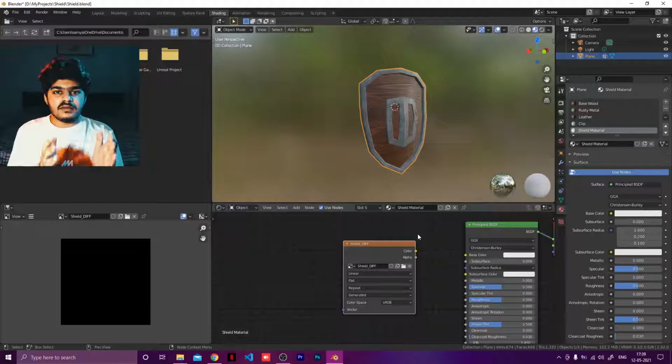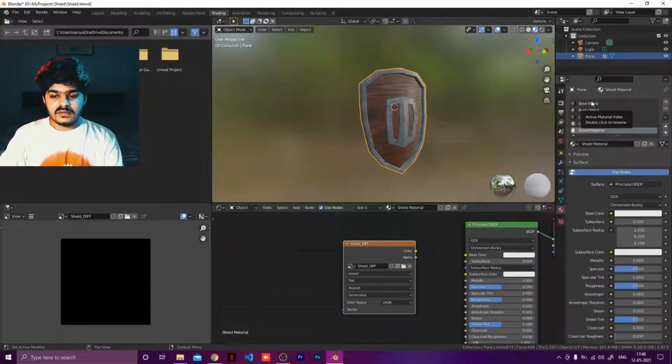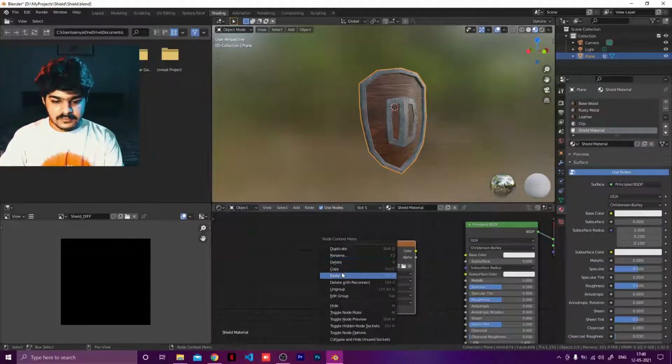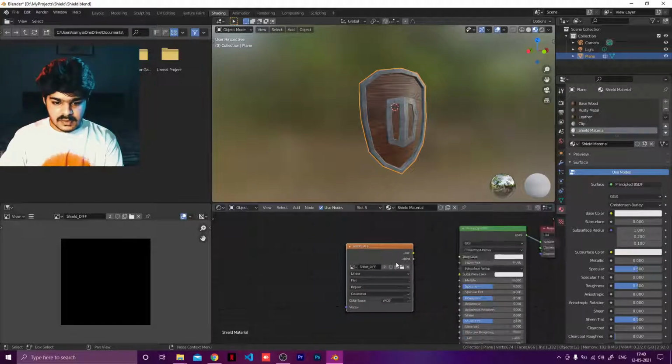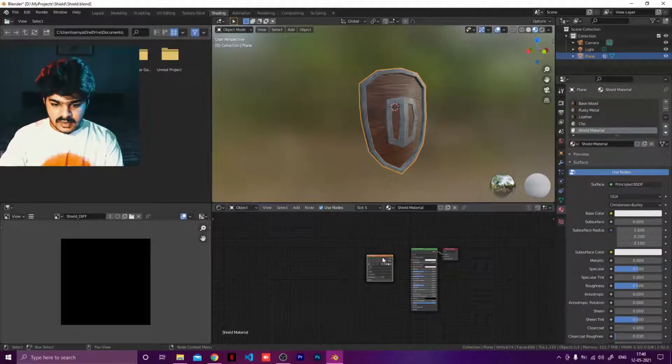Basically we want to create one material that is going to take input from all the materials, right? One material which is going to take input from all the materials. So in the shield material we have the diffuse panel, the same one we would require in all the other four materials for it to capture the data from that material. So for capturing purposes, we are just going to copy it from here, not paste, copy it from here.